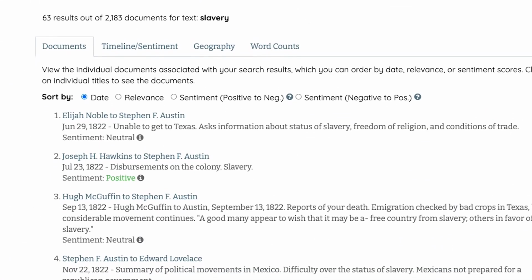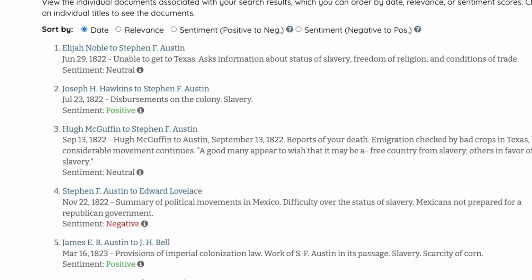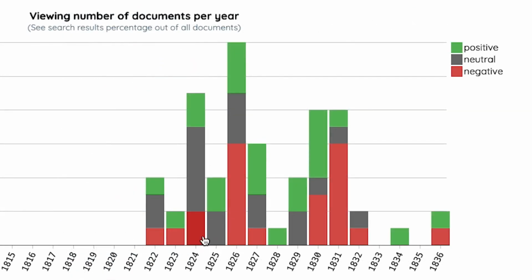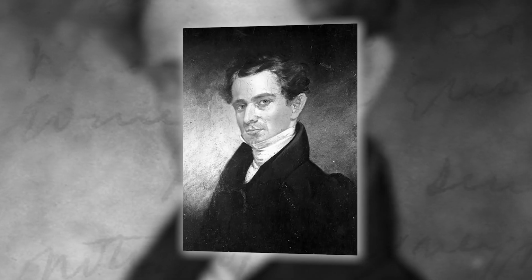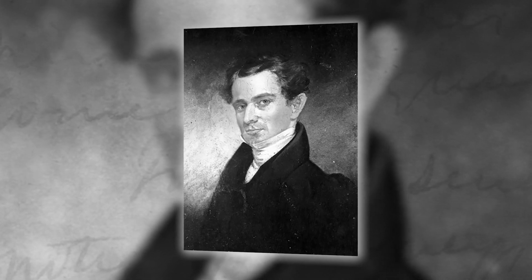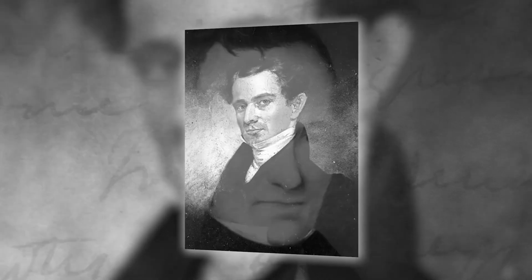One of the most innovative things that we did was try something called sentiment analysis. What it allows you to do is see an emotional index over time of how Stephen F. Austin, basically how grumpy he was at any particular time in the collection. Historians have long known that he got into a depression in the 1830s, but I don't think we've appreciated that he was pretty grumpy most of the time.